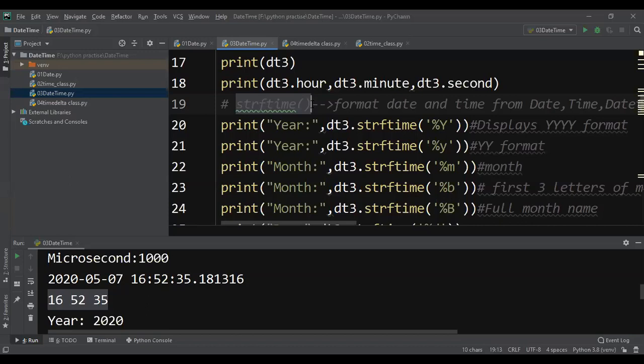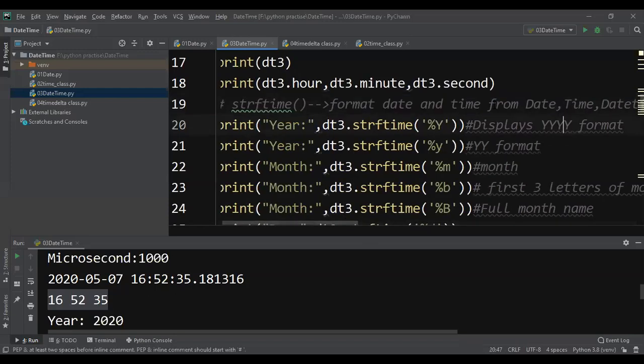In daily life we print dates in different formats, so to provide all those functionalities, we have the strftime function. It will format the date and time, and you can use it in the date class, time class, or datetime class.